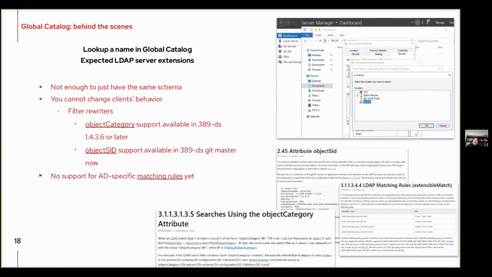But other clients that actually rely on the global catalog, from commercial applications written with Active Directory in mind, they do rely on these facts, and some parts of other components in Windows rely on the fact that you can specify object category for the object you're searching as a string rather than the DN to the schema definition.